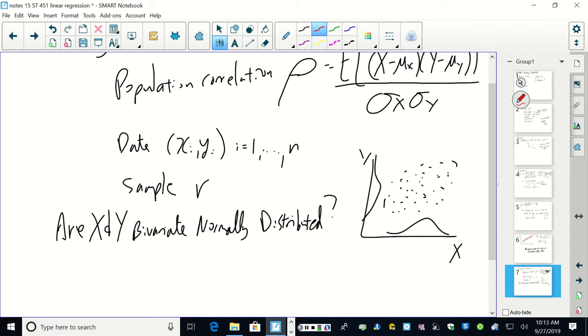In multivariate statistics, you sometimes draw level curves. There's a center here, and it's like a bell-shaped curve, but like a mound in 3D. It falls away in terms of the likelihood of seeing observations, with the most at the center and a decreasing chance of being away from the mean. And the correlation gives you the tilt in this. If they're independent, it's just a round ball and there's no tilt. But if they're correlated, then it's tilted like that. If it's something like that and not too different,